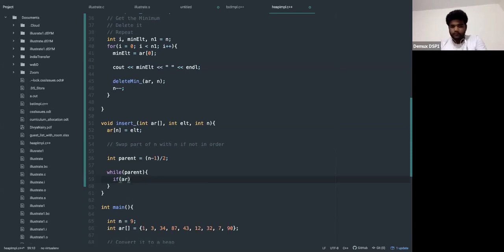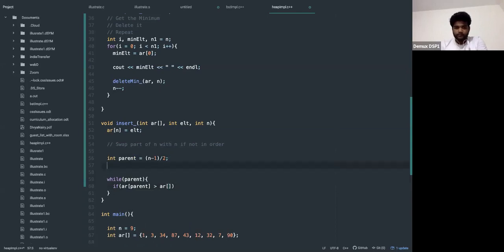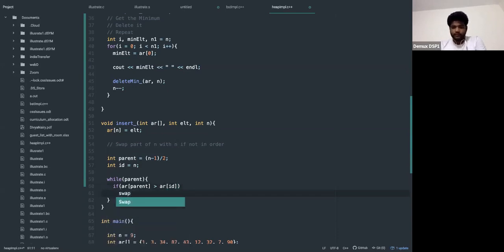If the array of parent, that element, is greater than the element at the current index, that means I will have to swap, right? So I will swap both of them, and I will,